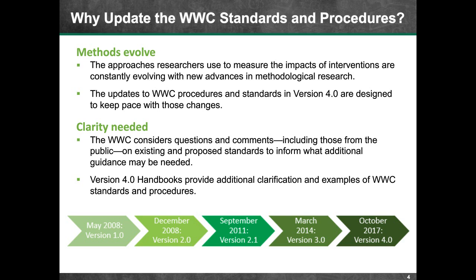Let me give you a couple of examples. The version 1 standards evaluated attrition using fixed cutoffs, while the version 2 handbook presented new standards for attrition that were based on a theoretical model for attrition bias and empirically based assumptions. So though looking at attrition has always been part of evaluating the quality of a randomized controlled trial, the specific standards changed to more realistically match the research.